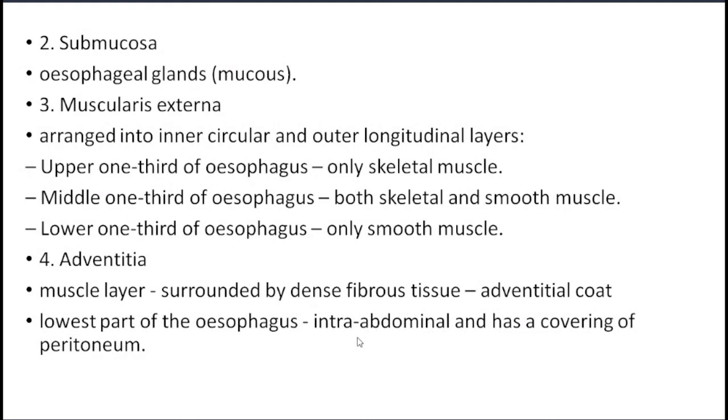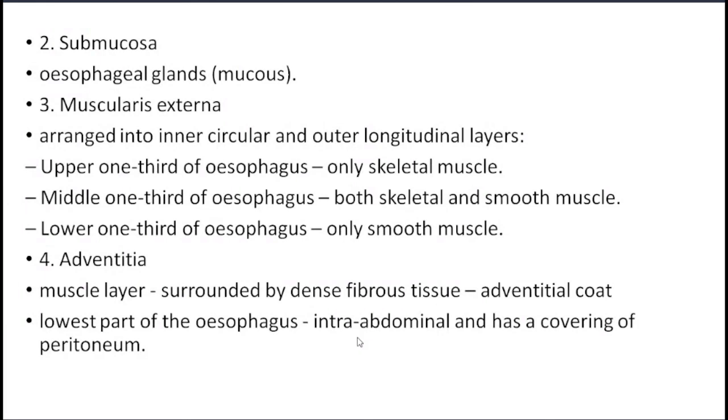We will again repeat. Esophagus again showing 4 layers: mucosa, submucosa, muscularis externa, and adventitia. The epithelium is stratified squamous non-keratinized, then the lamina propria. Lamina propria में आपके vessels वगैरह सब मिलेंगे. And here's muscularis mucosa. It is ill-defined, mostly presenting the longitudinal fibers, and it is more prominent in the lower part of the esophagus, lower end of the esophagus. Then there is submucosa. Submucosa shows esophageal glands which are mucous in nature.